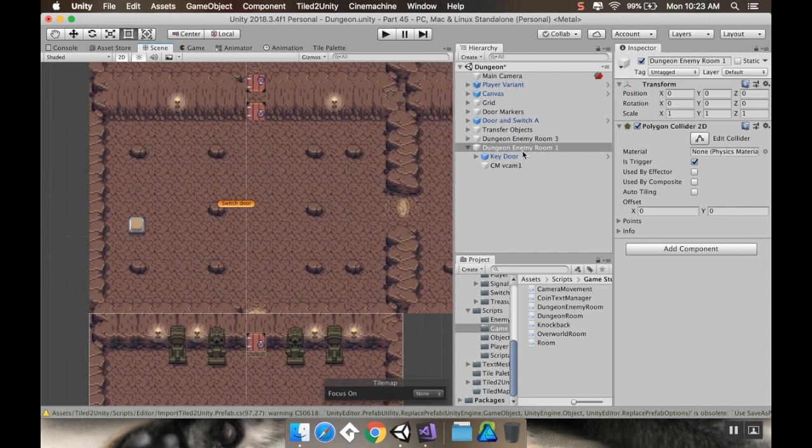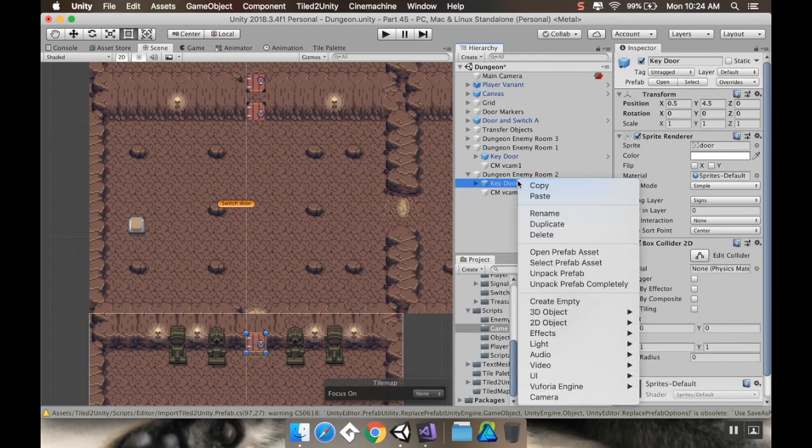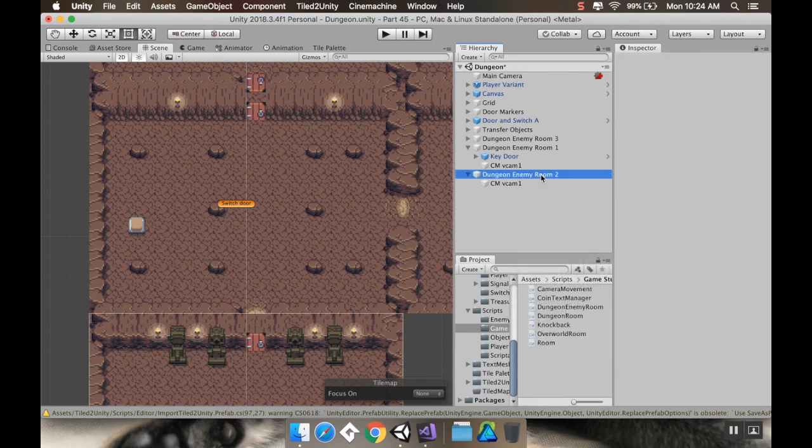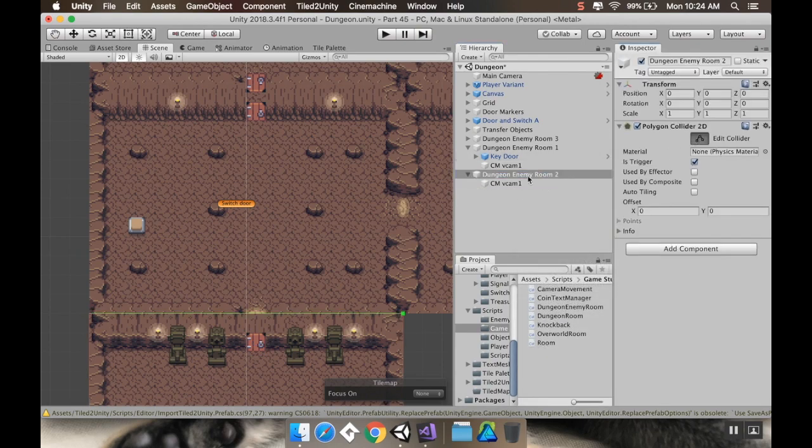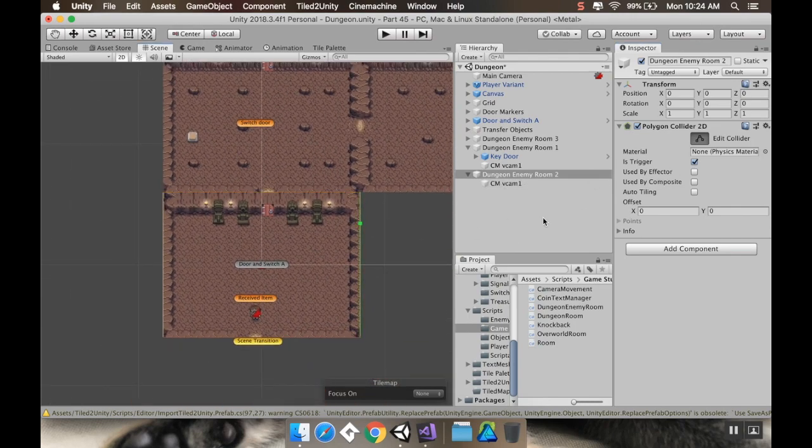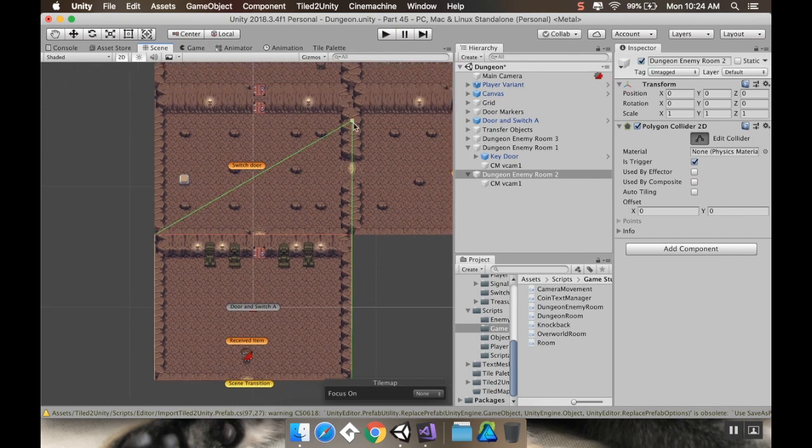I'm also going to take this dungeon enemy room 1, and I'm going to duplicate it to make dungeon enemy room 2. And I'm going to remove the key door from it, and I'm also going to edit the collider. So for the collider here, and I'm on room 2, I'm just going to eyeball this really quickly and then I'll fix it in just a second. I'm just going to move this up,